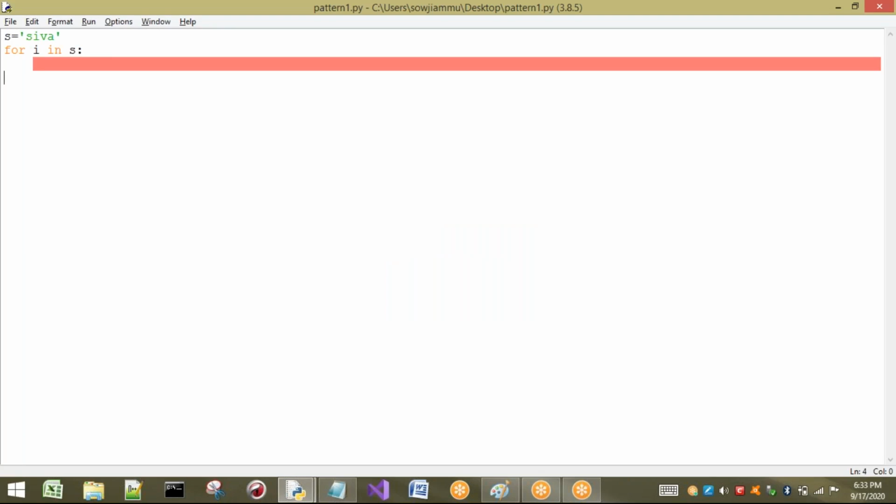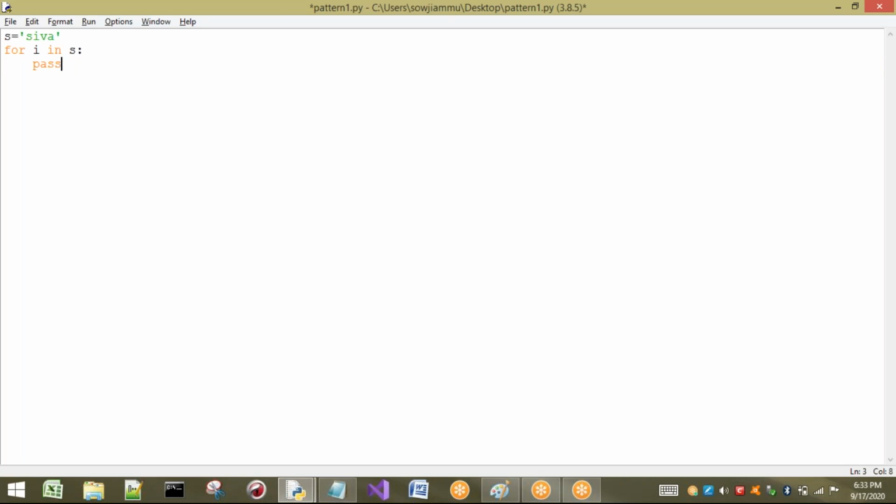So it is compulsory to write some statement, not only for the for loop but for all the control statements. So I am going to write pass, so that your compiler will understand that if the pass statement is encountered, it should not do anything. That indicates nobody is present for this for loop.